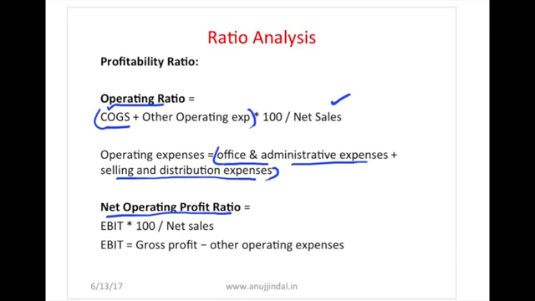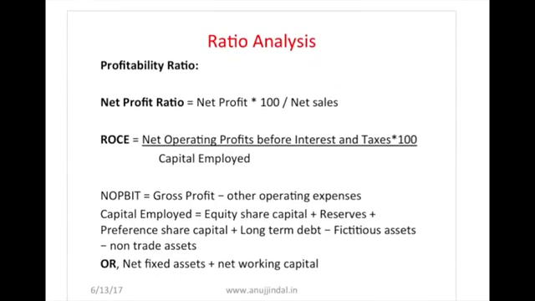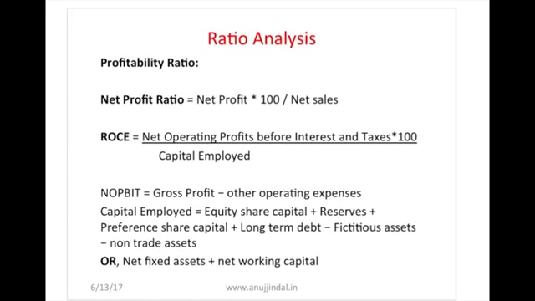Net operating profit ratio. This is different. This is EBIT into 100 upon net sales. We already found out EBIT when we used earning after taxes to come back to EBIT. This is another formula: gross profit minus other operating expenses gives us earning before interest and taxes. Next is net profit ratio, which is net profit into 100 upon net sales. This is very easy. Net profit is the profit which is left with the enterprise after all kinds of expenses